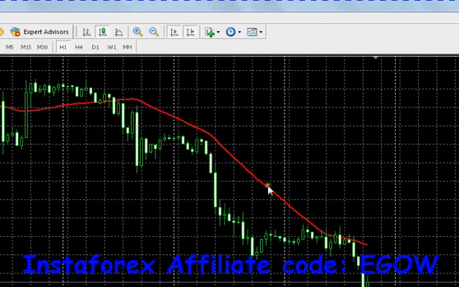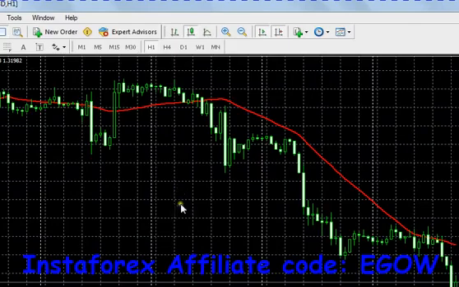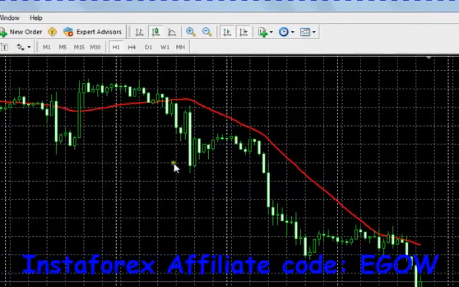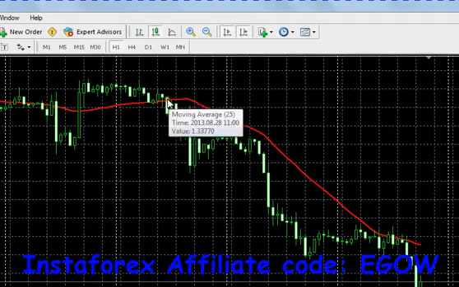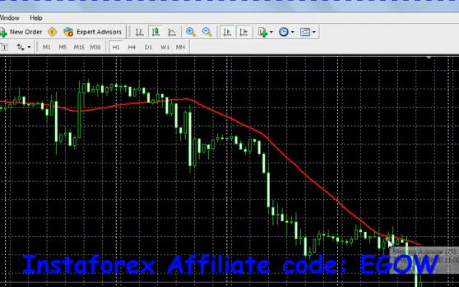Okay, so how you can use moving averages for your trading. I'll describe a very simple strategy here, and this strategy is when the price crosses the moving average and goes below it, as it is seen here, you enter a sell trade. And you close that very trade when the moving average is crossed and the candle closes above the